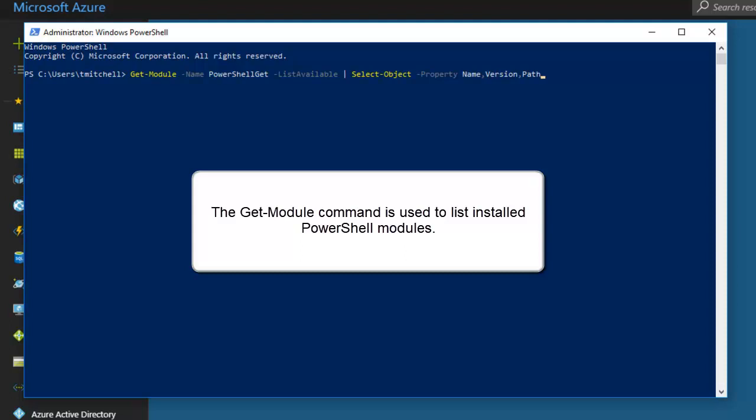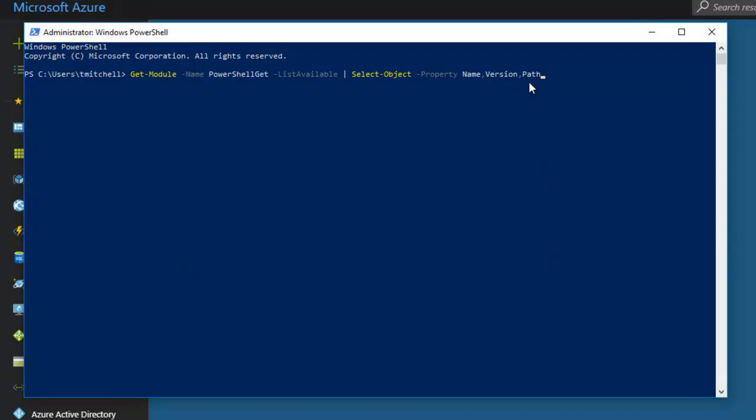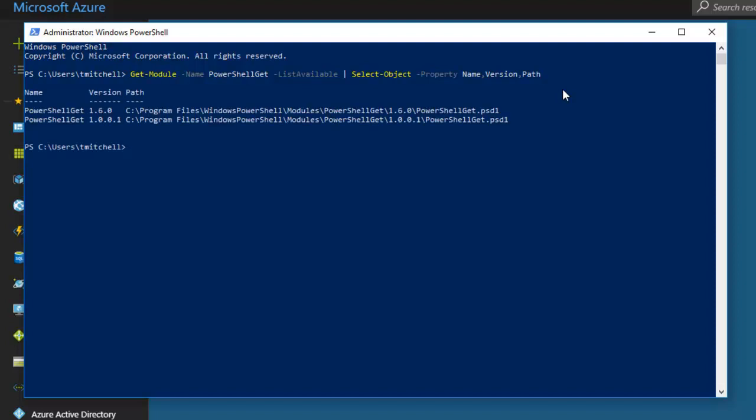Now I'm going to pipe the results of the Get-Module command to the Select-Object command. By doing that, it will allow me to view just the information I'm looking for. In this case, I just want to see the name, the version, and the path of each instance of PowerShellGet that currently resides on my machine. So I'm going to hit enter. And as you can see, running the Get-Module command tells me what version of PowerShellGet I currently have